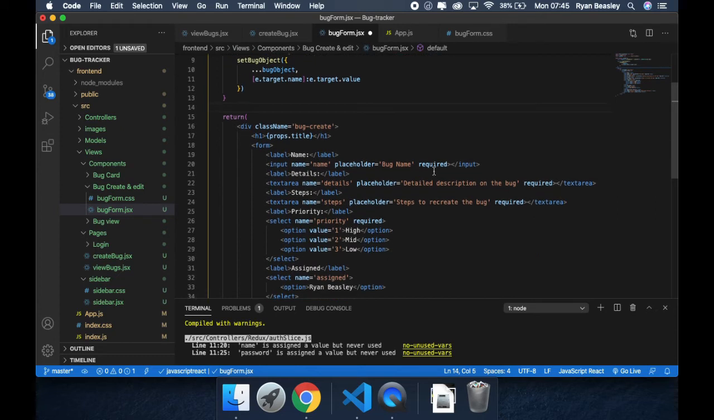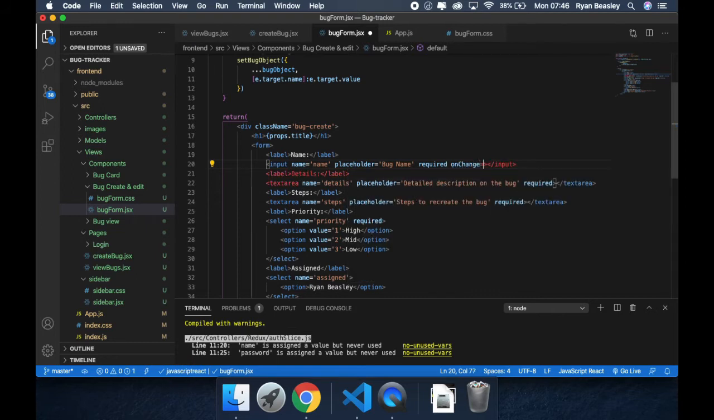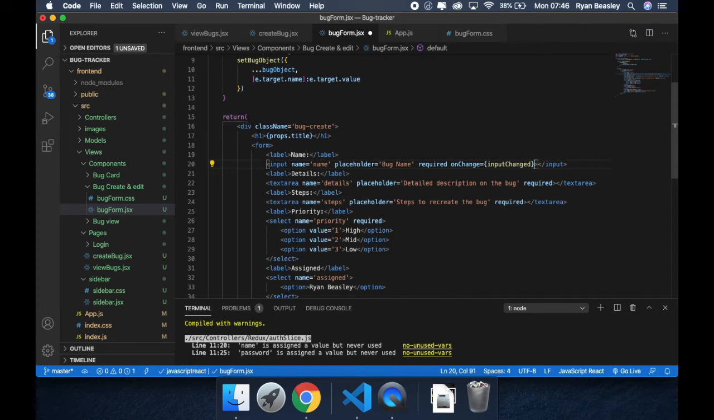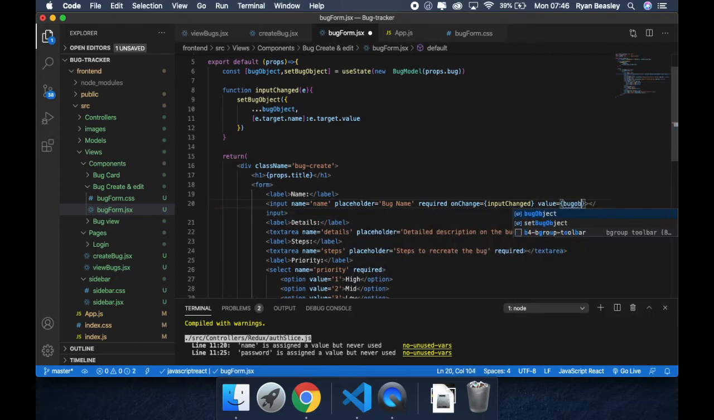So we have to link that function to the inputs, and we want to go inside the first input, and we'll go onChange, and then we'll do input changed, and we want to make this a managed input, because when we pass the props in, we want to set what the text already is to what the bug's value already is. So if we go value and we set that to bug object, and this one's name, so .name,